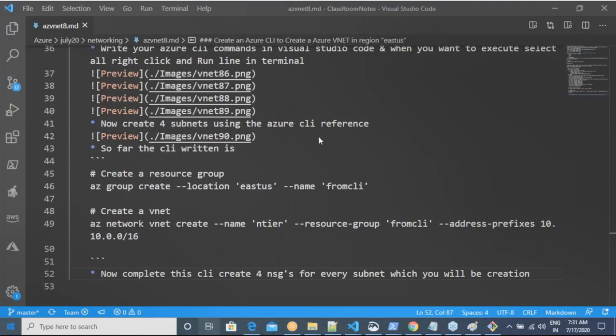I have shown you the approach, right? You can easily find out any command over there. We will get one level deeper into this CLI and we will start using PowerShell also. Whatever we have done in CLI, we will try to do the same thing in Azure PowerShell as well.